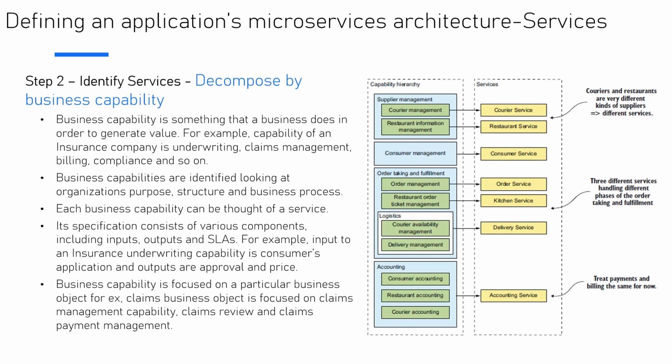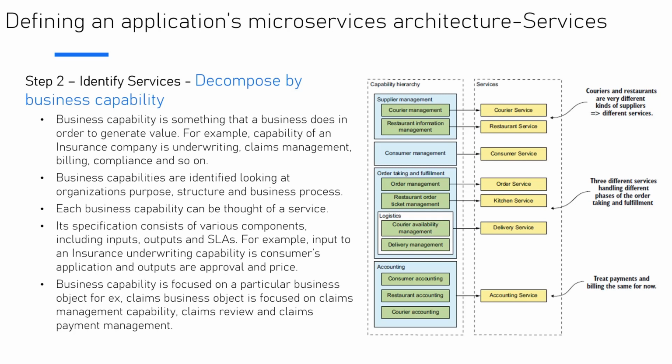that as a specific entity of some sort. For example, the capabilities of an insurance company are underwriting, claims management, billing, and compliance. So I've broken down the overall thing in terms of business capability. Now, business capabilities are identified by looking at the organization's purpose, structure, and business process. So again, this is like a domain-driven design approach, where you look at business capability and then define what are the different areas which a business comes together